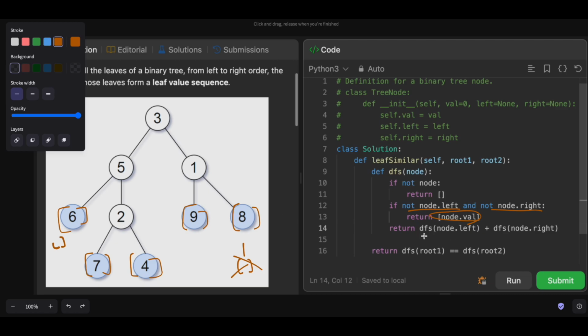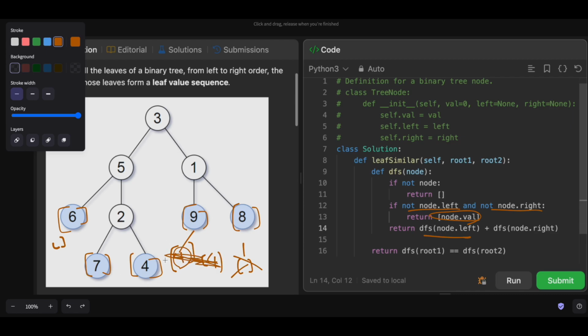Then it will call recursively into the children, where let's say that this had a left child of 4. Okay, and then this had nothing. Then we would be returning 4. This would be empty, and so instead of a 9, this would be a 4. I don't know if that's clear or not clear, but